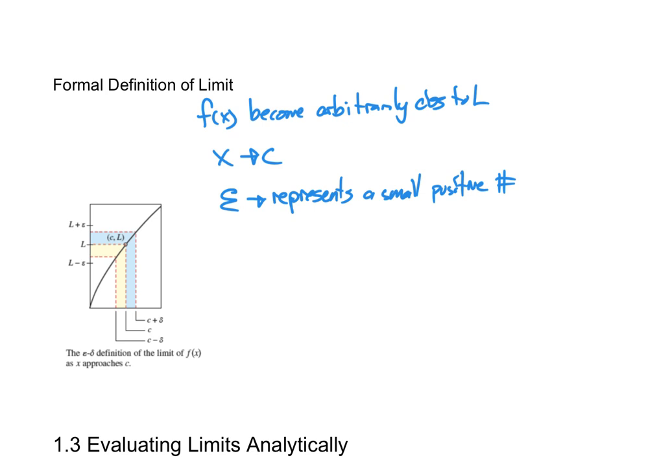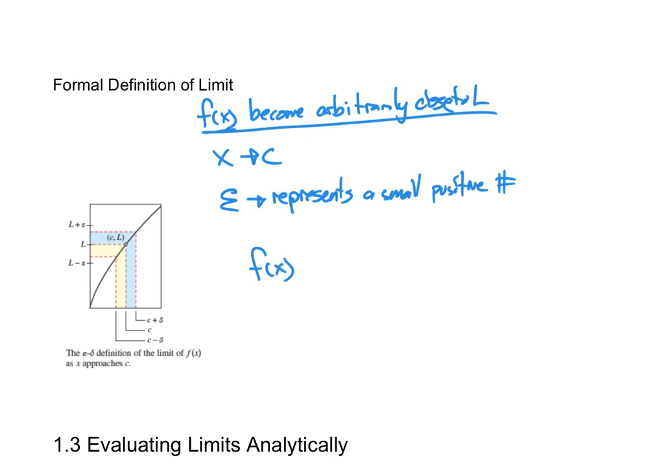It's just some arbitrary small number, meaning it doesn't have to be one specific number. So f of x becomes arbitrarily close to L. Sorry, I missed the L there. That means that f of x